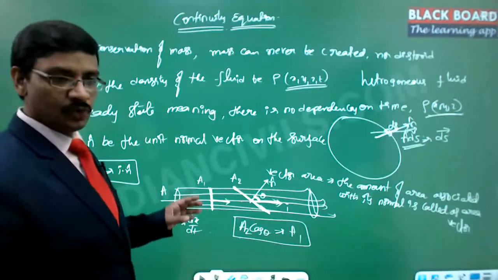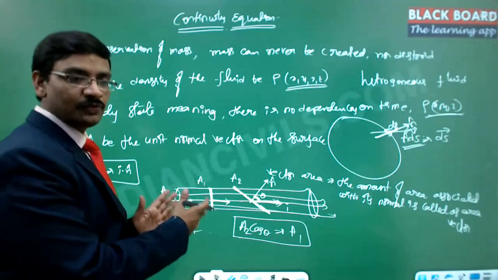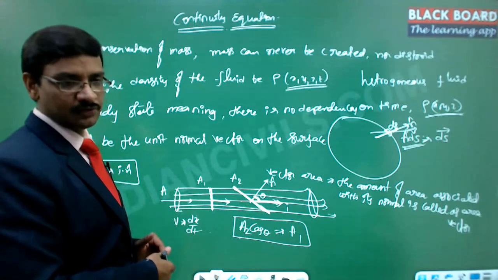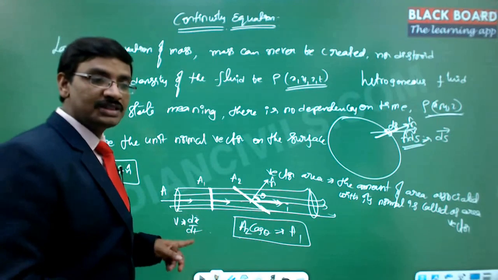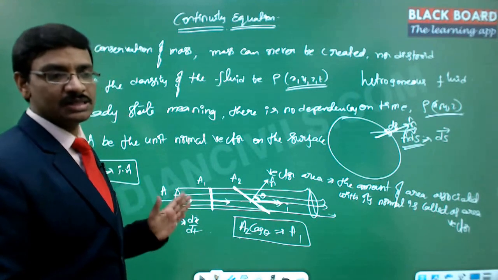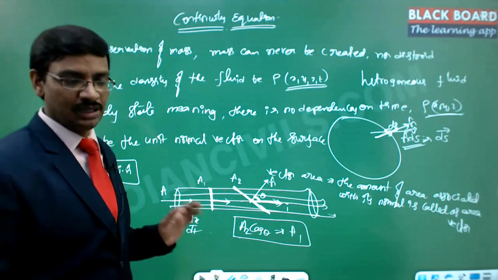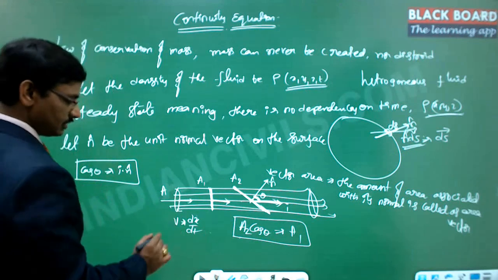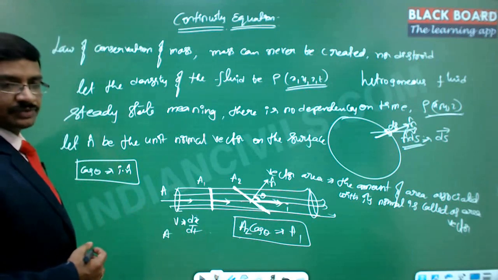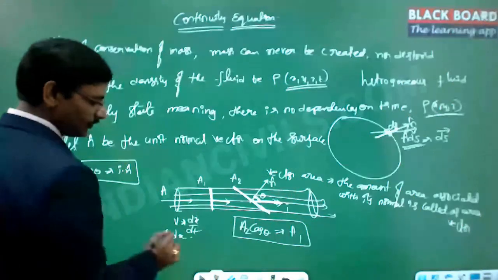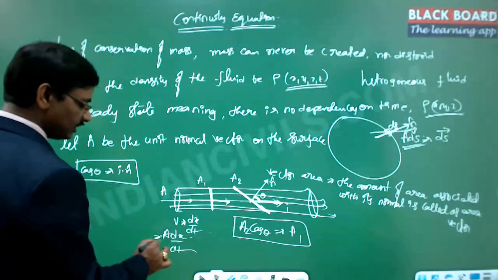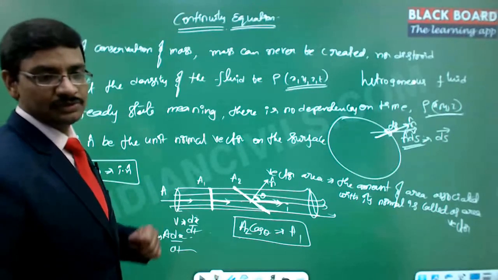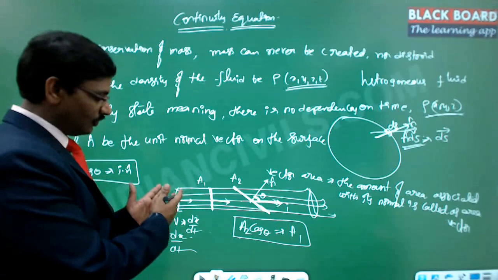Now the rate of flow is nothing but the amount of the fluid that is entering. The rate of flow is taken with respect to time. That means within 1 second, how much is the amount of flow going in. That's what we call the rate of flow. If you notice, A is the area of cross section, and then dx by dt. So this is nothing but AV, and AV is the rate of inward volume of the fluid that is entering.